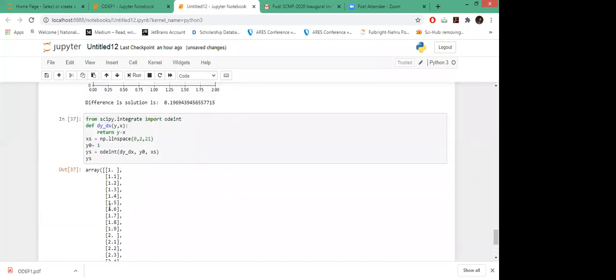Okay, this is giving you the output in array form. You can flatten this, so I'm using the dot flatten command.